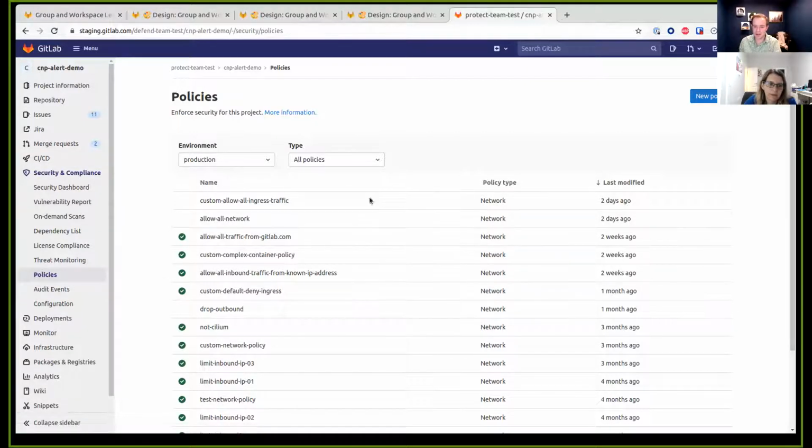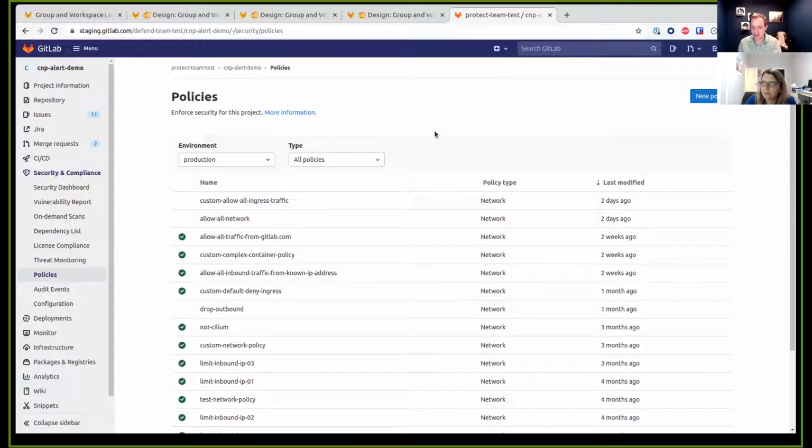And right now, these can only be created at the project level. So obviously the next step for this is users want this at the group level, and they want this at the instance-wide or workspace level, right? Not tied to hardware, but they want it for their entire organization.